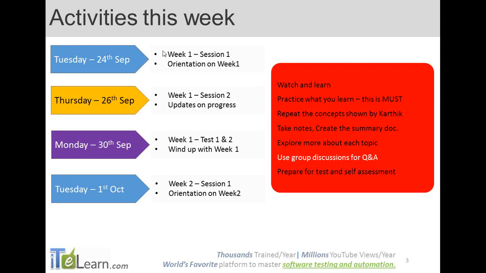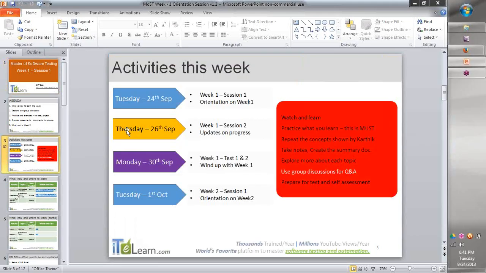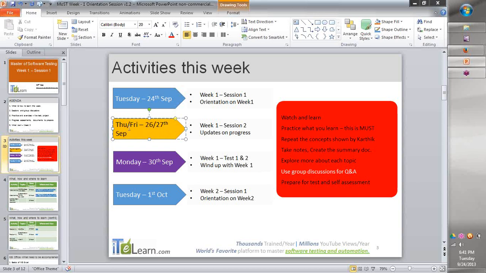This is the high-level agenda for what we're going to be doing this week, okay? Orientation session, which is what I'm yet to show. Then you will be doing a lot of activities in between each of these times. We will again meet on a Thursday or a Friday. Let me change it here so that there's no confusion. It's either Thursday or a Friday, so that we know that each of you has been given enough time to go through this whole thing, okay? 26th or 27th September.